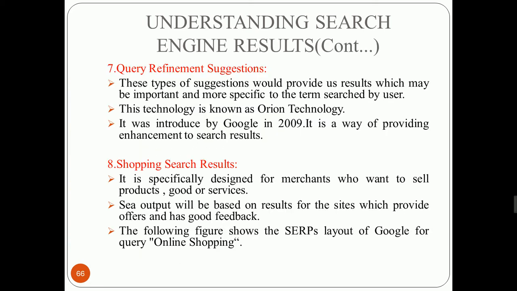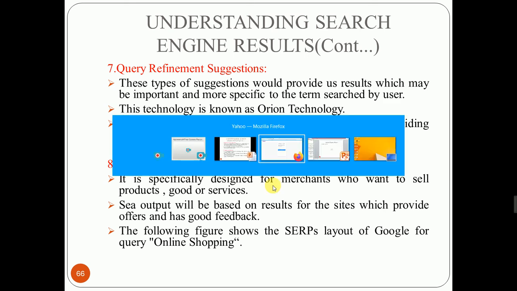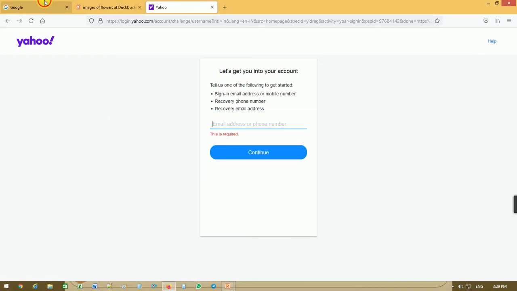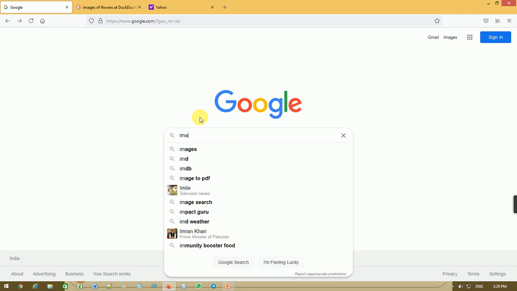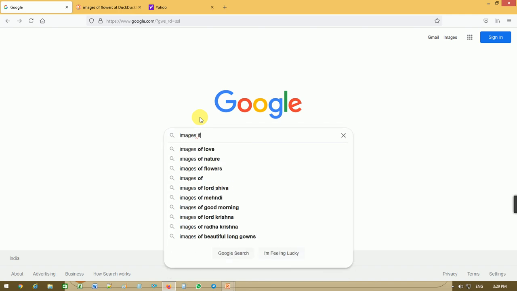This result is called an organic or algorithmic result, which has been displayed based on their rankings. Query refinement suggestion. So many times you are typing queries and it will give you a suggestion. If you see in the examples, I will give one demo example like images of. So here you can see different suggestions are available: nature, flowers, Lord Shiva, Mehndi, good morning, Lord Krishna, Radha Krishna, beautiful long gods.